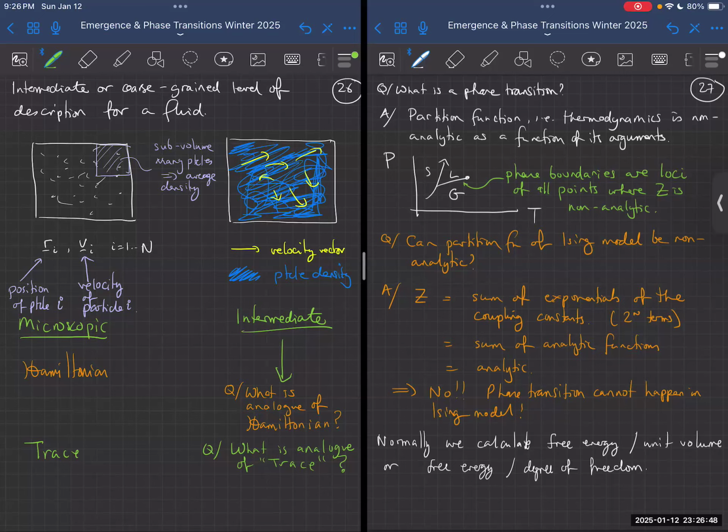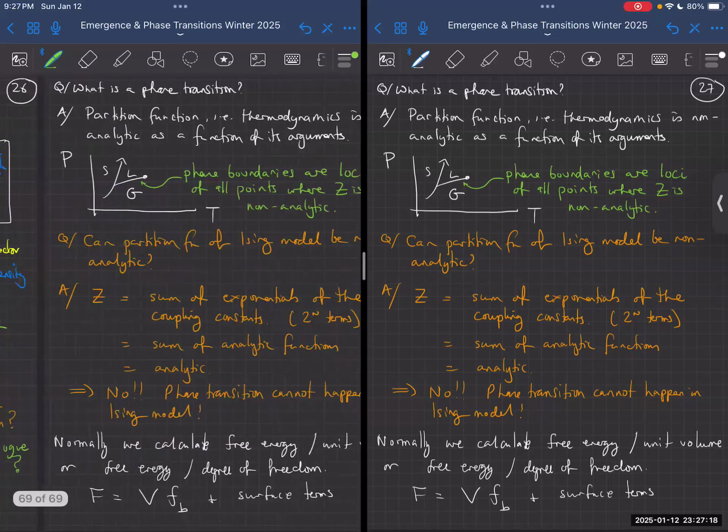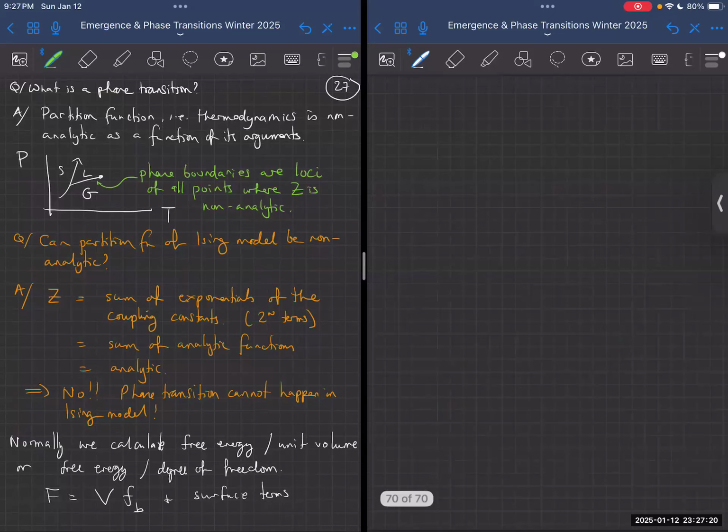So what we expect then is that the free energy will be proportional to the system size. So we could say the volume of the system times the bulk free energy. And then there might be terms that come from the surfaces, if there are surfaces of the system boundaries. So I'll just write that for now as surface terms. And this bulk free energy